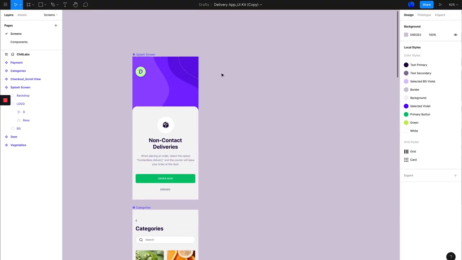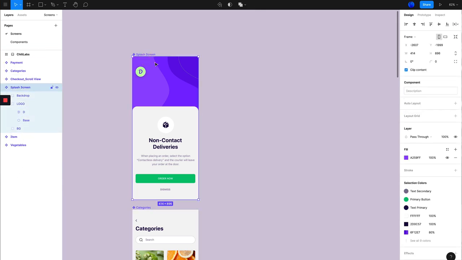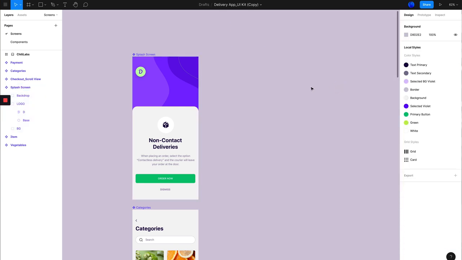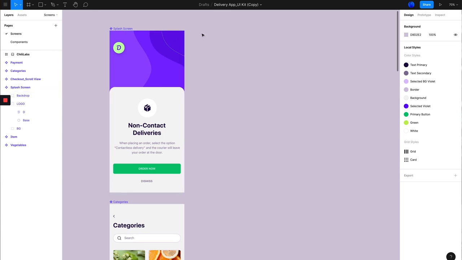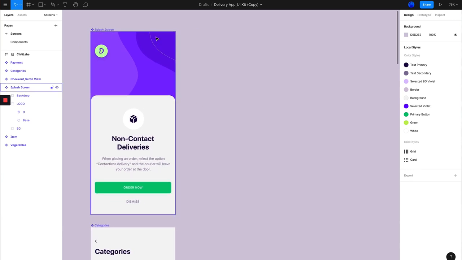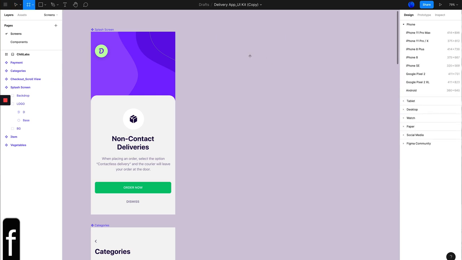So let's say now I want to start copying this design. What do I do? Well, just to give you the basics, on the left here, I just have a bunch of layers, and then when I select an element, I get the settings for that element on the right, okay? So what I want to do now is create a rectangle like this for my own design. Now this has a specific shape, and this is called a frame. So the first tool you need to know about is the frames here, or you hit F on your keyboard,